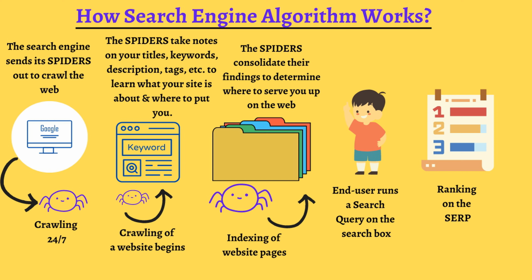And the end user runs a search query on the search bar. Then, depending on the ranking, your website will appear on the search engine results page. You can take this as the process of how the search engine algorithm works. First, the spider crawls the web pages, then analyzes the page content,